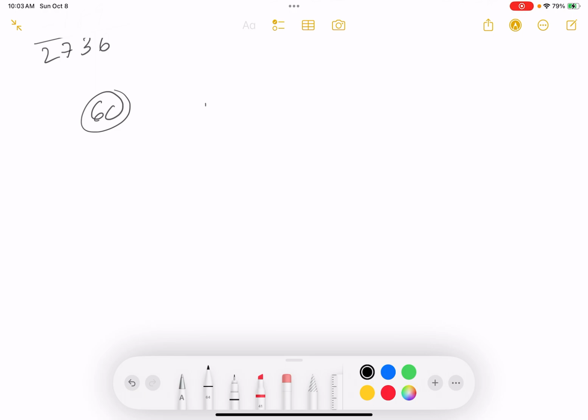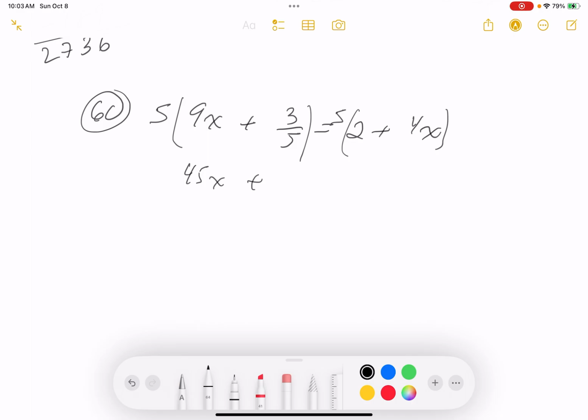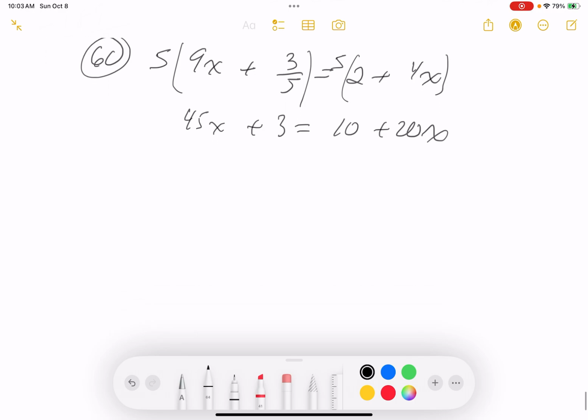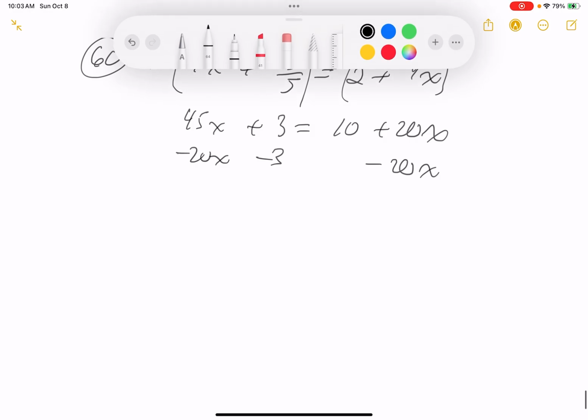And this is 9x plus 3/5 equals 2 plus 4x. Again, my recommendation, get rid of the fraction. LCD is 5. It's only one fraction, by the way. 45x plus 3, 10 plus 20x. I'm going to subtract 20x from both sides. And I'm going to subtract 3 from both sides. What do you get there? 15x equals 7. X equals